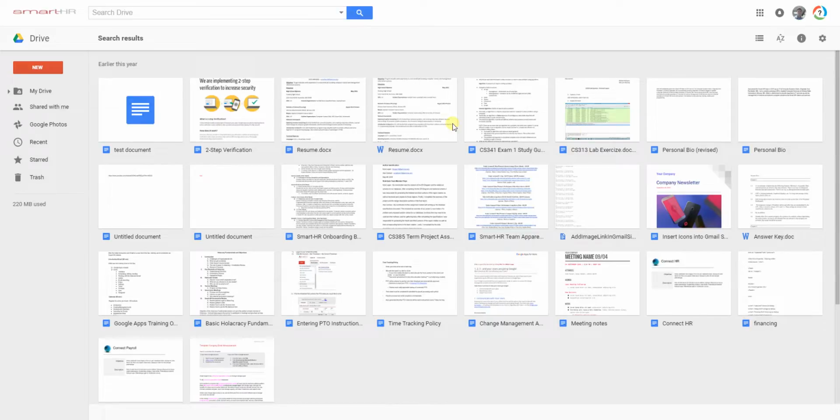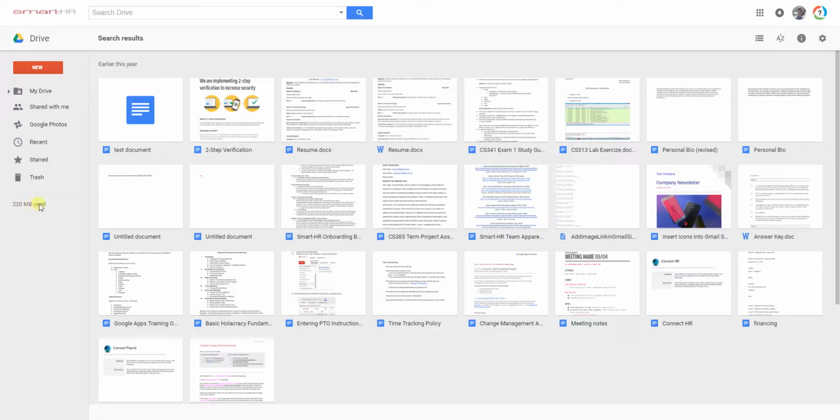Next, let's talk about searching based on file size. You may want to do this in order to maintain that quota limitation that Drive imposes. Again, it's tough to hit that ceiling, but if you did, then you might want to do a little Drive maintenance and get rid of some of those larger files that you no longer need that are taking up space in your Drive. In order to do that, you hover your mouse over what's called the quota status, which is